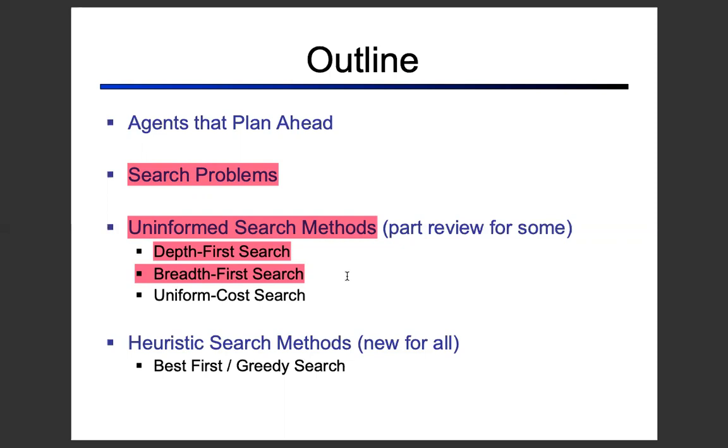Uniform cost search is more about how we add something to our search parameters, and how we find those parameters according to our situation. So let's talk about